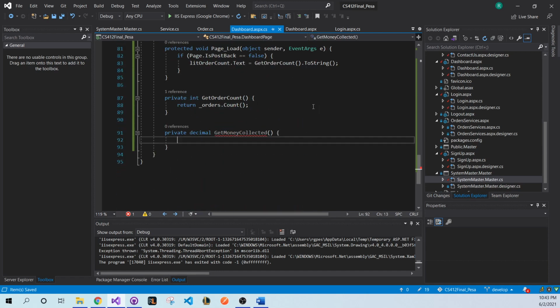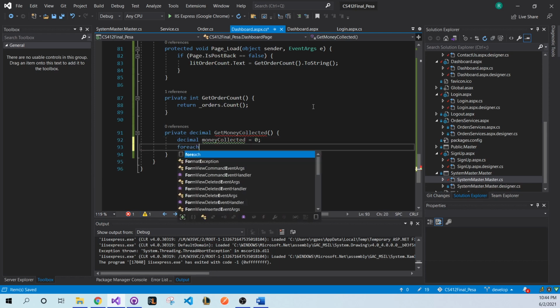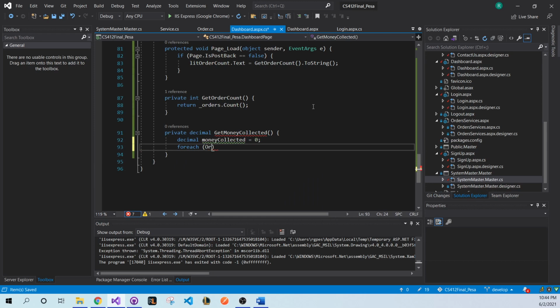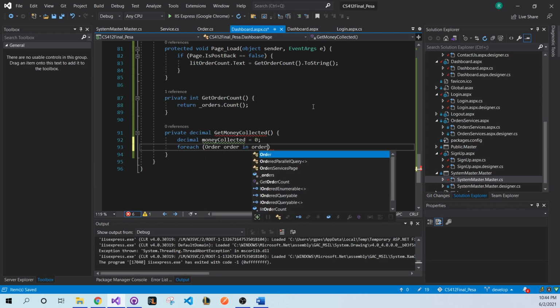You can do this in LINQ really easy, but I'll write this in a traditional for loop. So what do we want to do here? Let's do decimal money collected equals 0. So for each order in orders,